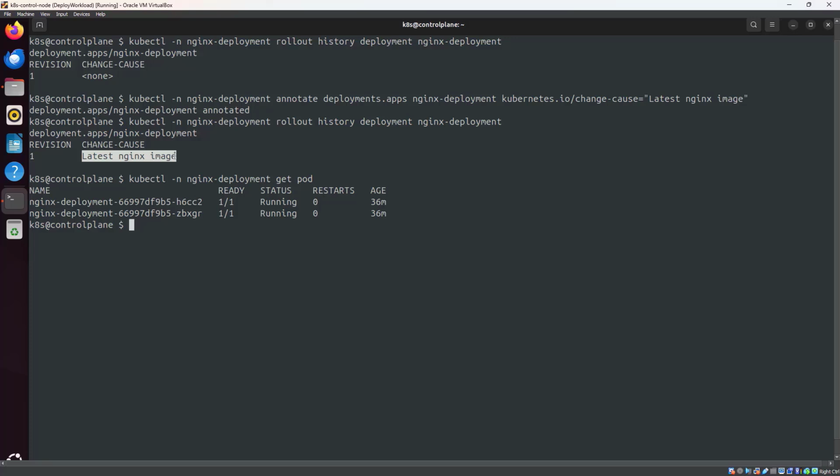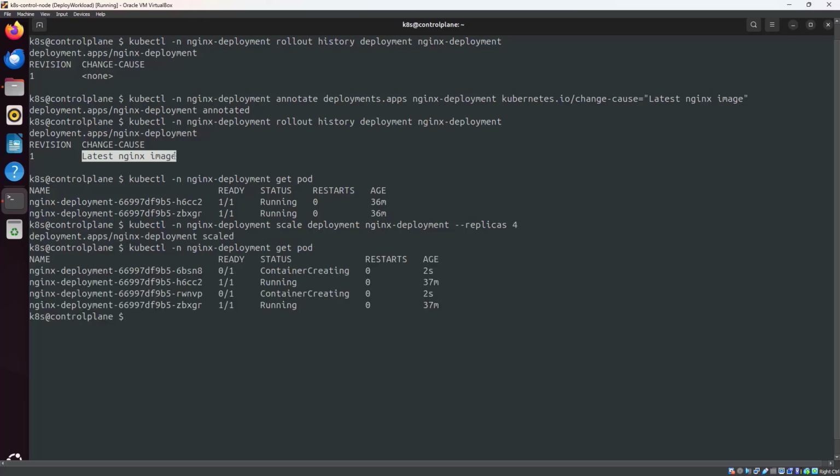I will scale up this deployment to replicas count 4, so we can see the progress of rolling update, because with 2 pods it will go very fast. kubectl then namespace scale deployment, then deployment name, and we need to provide replicas count 4. Now we can see 2 more pods are being created,